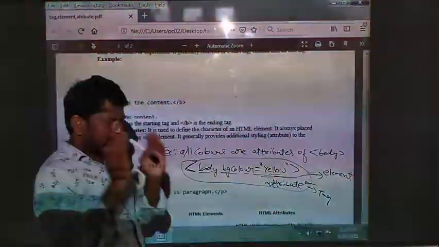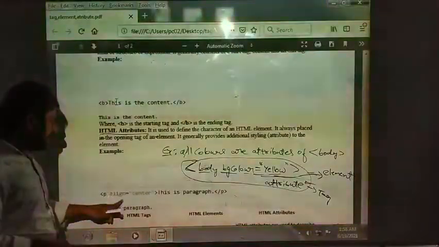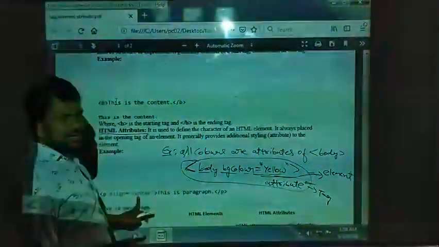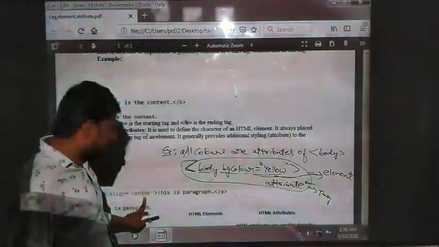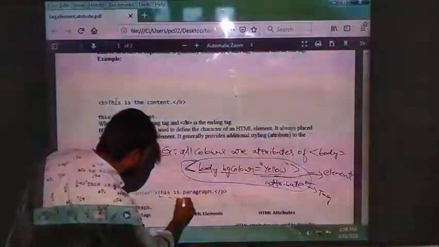Alignment is placing some text in any place. P align is equal to center. Whatever paragraph is there, I am placing that paragraph in the center of my web page. This is a paragraph, or you can type many lines of text here.